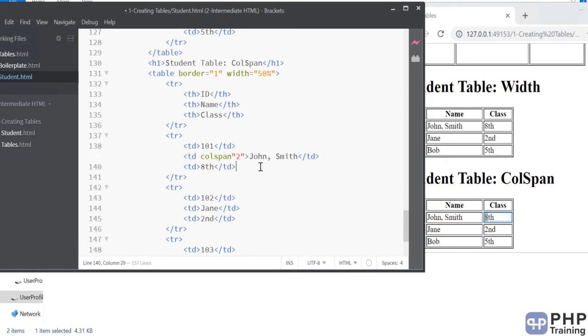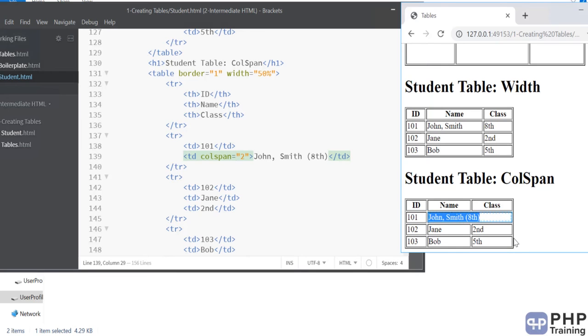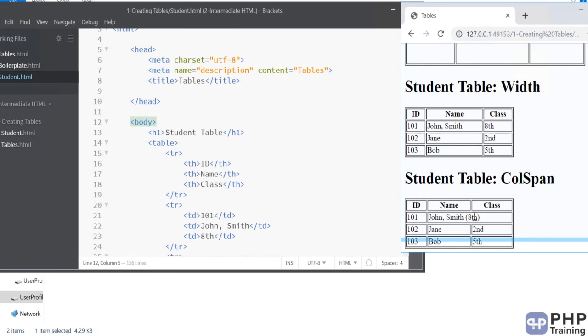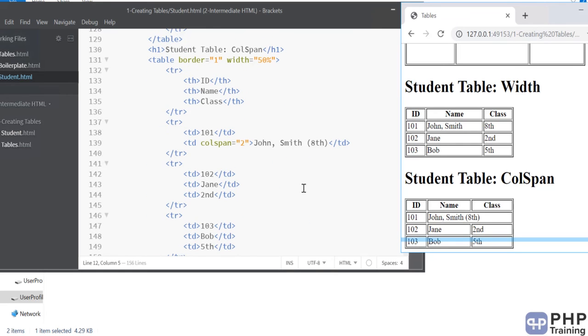Because you occupy two columns, you can remove the other column, since this column is occupying the two-column space. This is called column span.